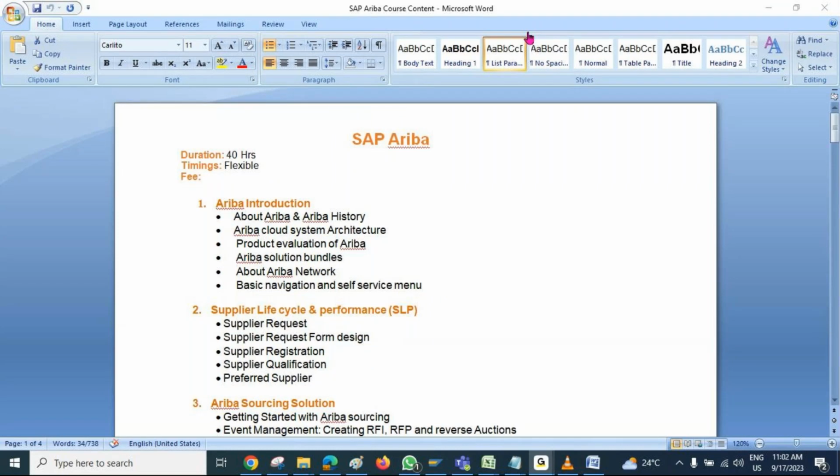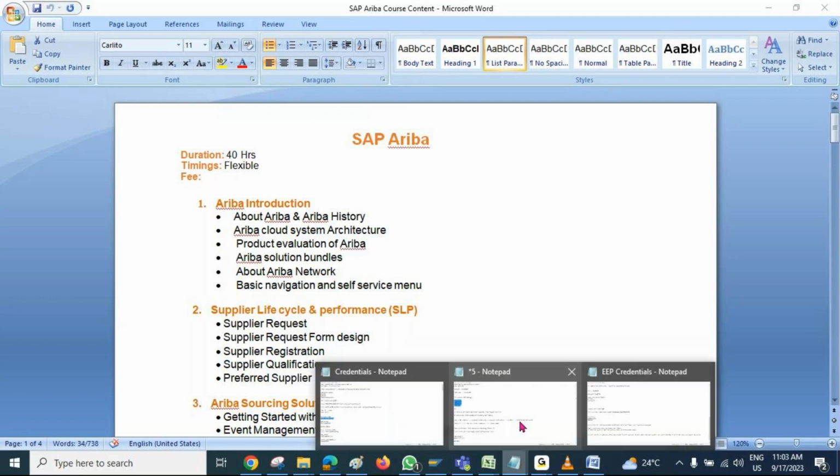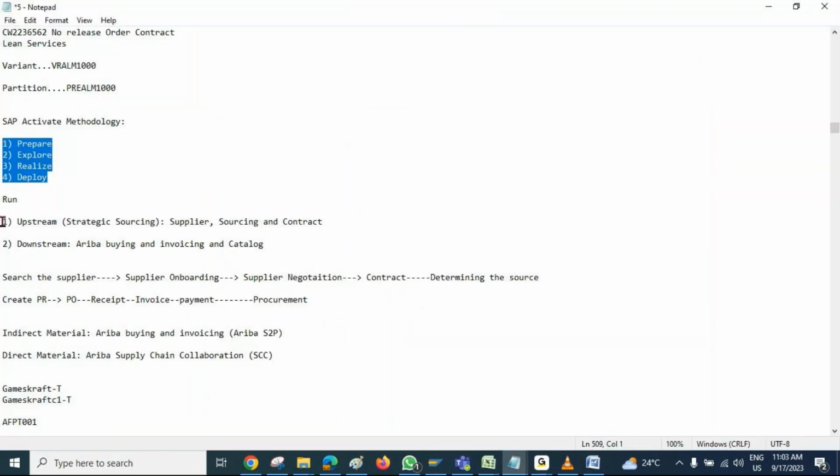Vikram, are you covering SCC, as you said, supply chain collaboration? We'll do that in a separate training, not as part of this training. I'm doing it, but as a separate training. Okay. Because when we talk about just SCC, the upstream and downstream will not be in the picture. You have to forget about this.